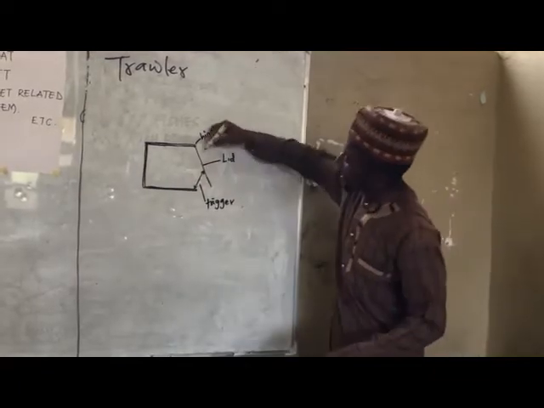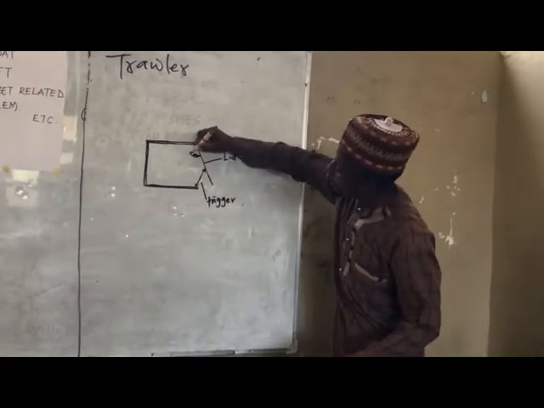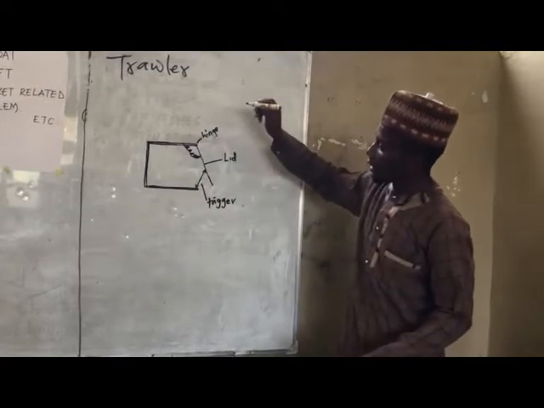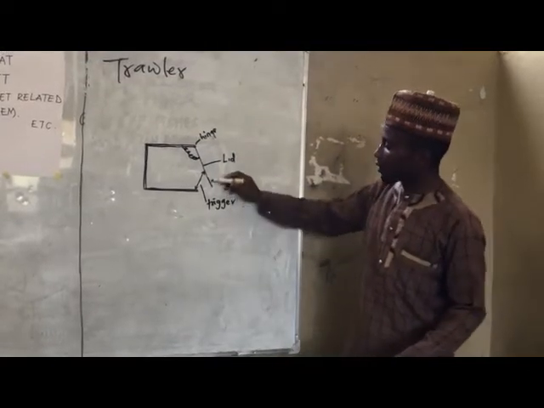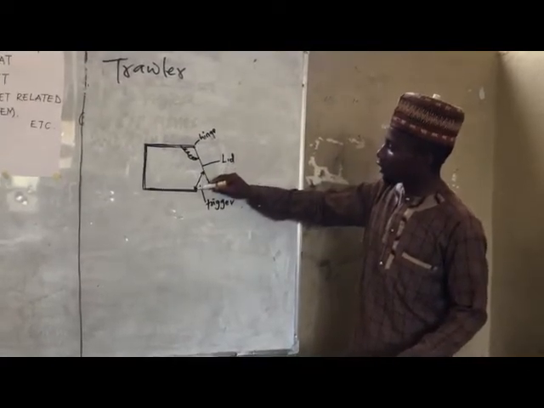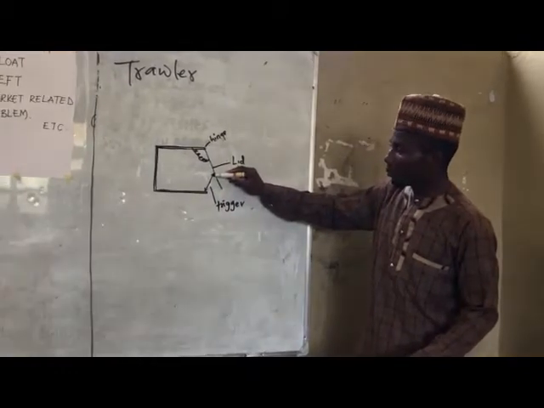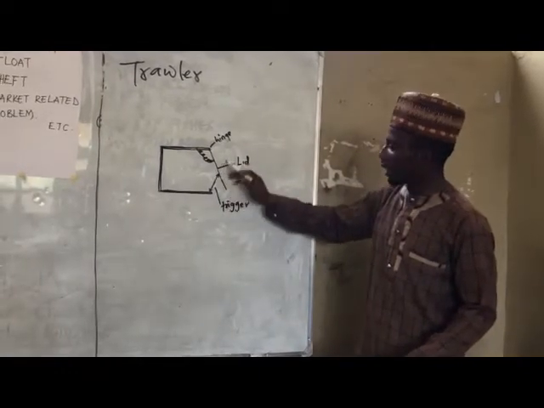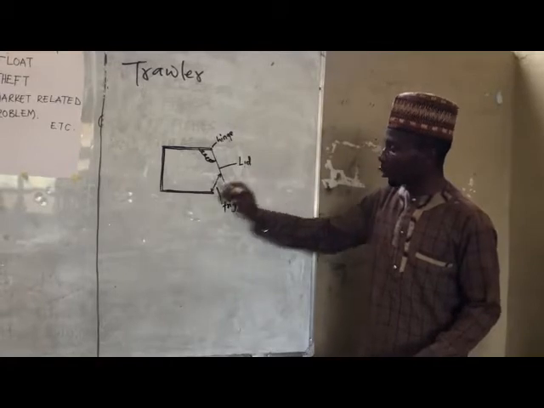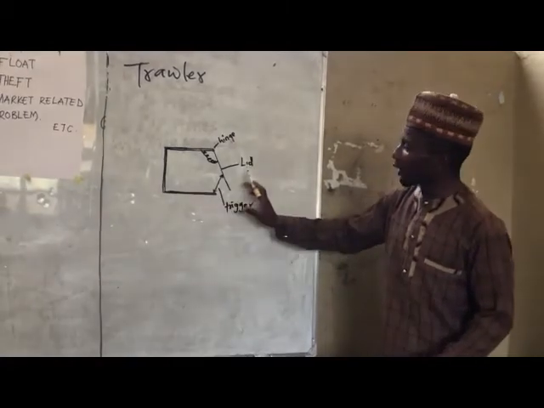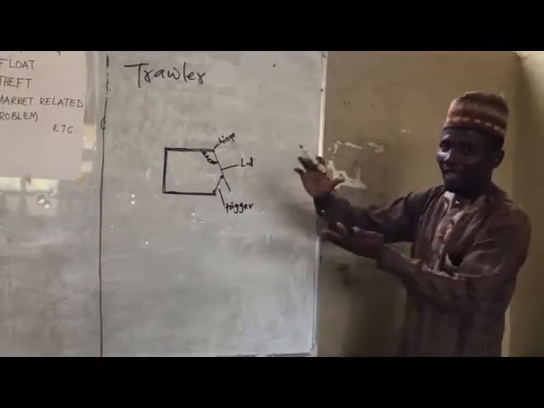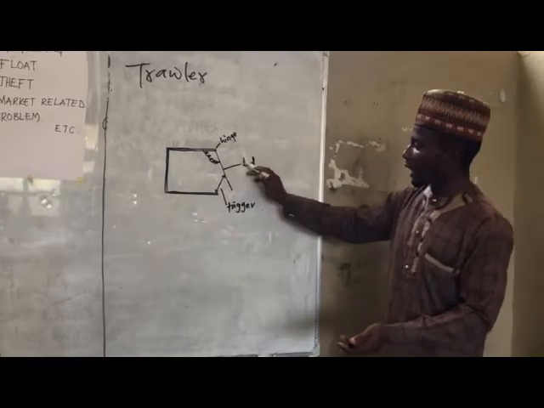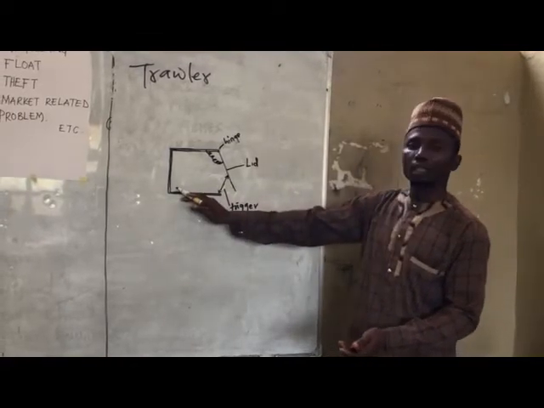Then there's also a spring that is connected to it. There's a spring here. You understand? Once a trigger is not placed here, this side will close, which is the lid will close. You get what I'm saying? So you can also set something like this inside water. Put the trigger, put bait.